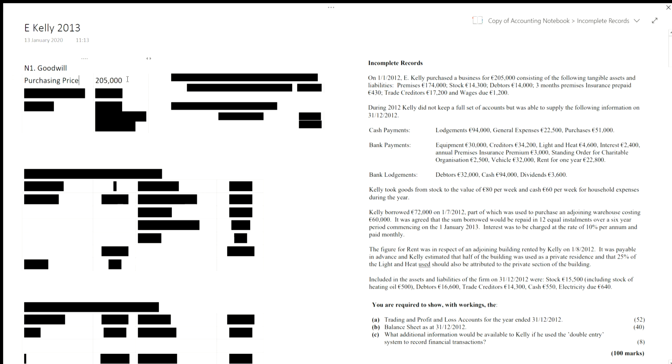So goodwill, what we're looking at here is there's 2 different things we need to look at. The first one is purchasing price, and the purchasing price here is $205,000. The second one we're going to look at here is the actual value of the business given from the assets and liabilities. So it's the business worth. And we have found that several times before. To find that, all we need to do is calculate the total assets and take away the total liabilities. So we've everything here given at the top. We've premises, stock, debtors, and insurance prepaid. We've 4 different assets. So if I add those up, and I've done so here, if I add up all of those assets,